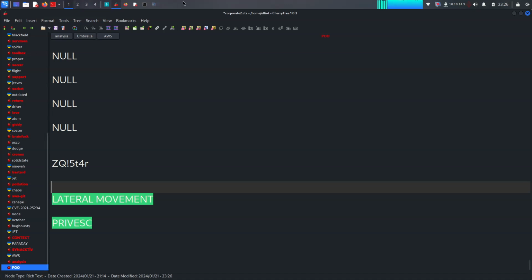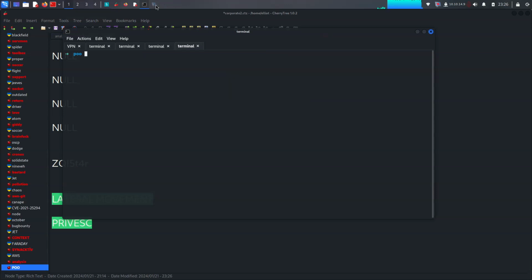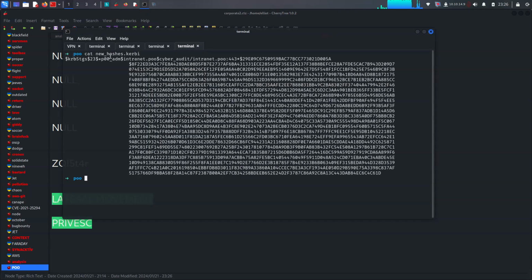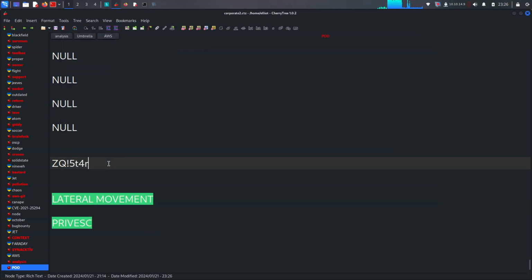So that's actually what we have to be thinking of over here. Is for cat new hashes Kirby is for put admin here, right? That was what I'm thinking about. It has to be equal here intranet po 00 admin. So that was to be equal here. That what I'm actually talking about. It's about here. So I think